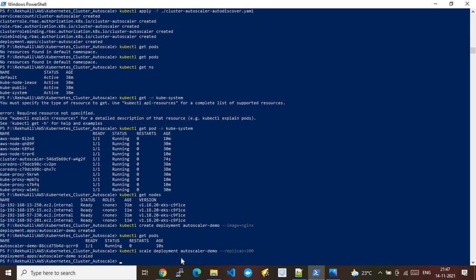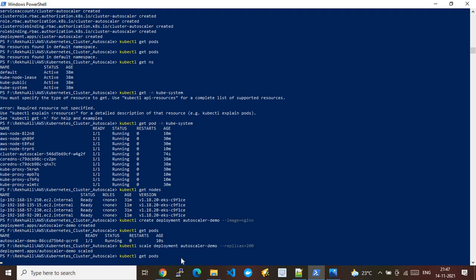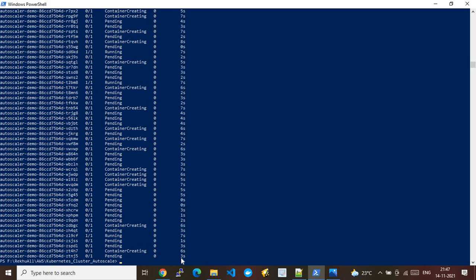Earlier we saw that there was only one pod. Now if I run the pods, we should see huge loads of pods being generated. You see there are so many pods now being generated. So manually we are creating a resource crunch by creating n number of pods. Here I'm just targeting 200. We created 200 pods and we are artificially creating the resource crunch in the EKS cluster at rest, which will eventually trigger the autoscaler. Let me now go back to the figure.